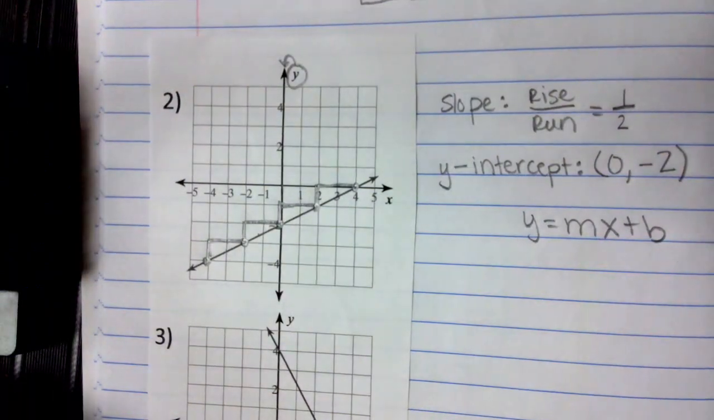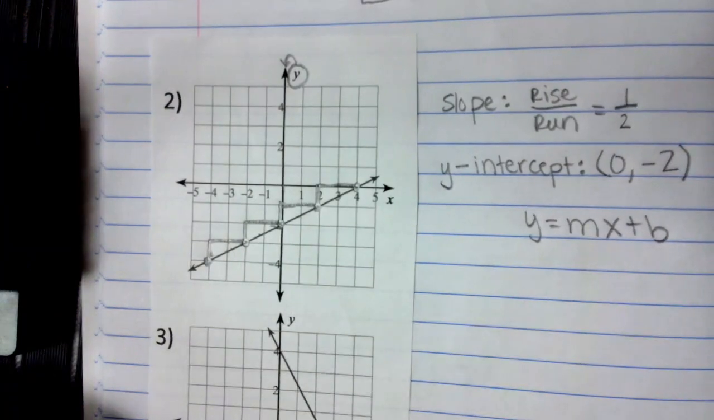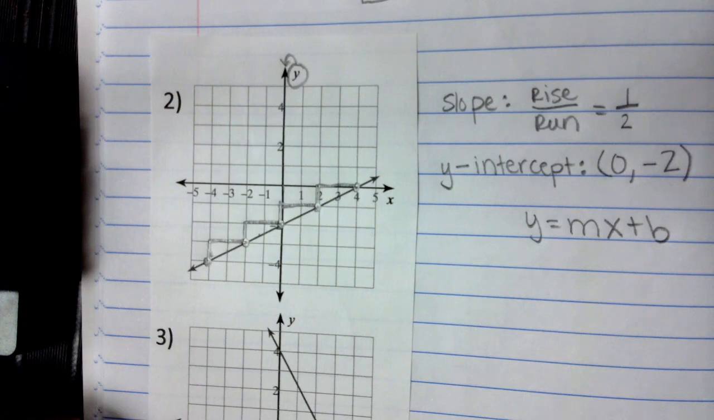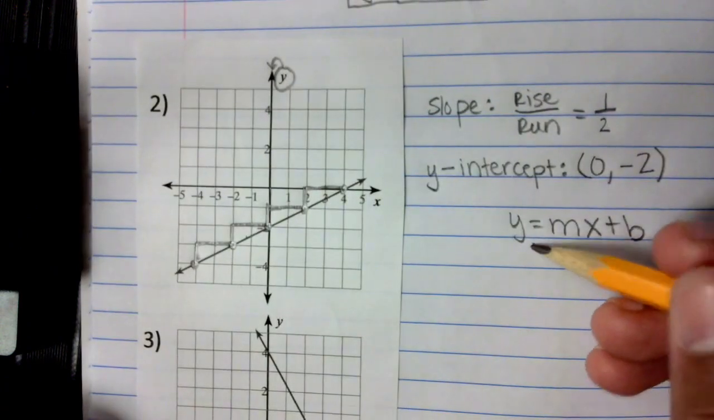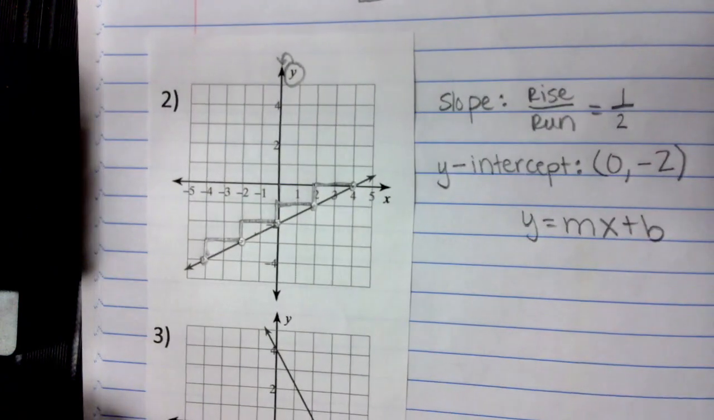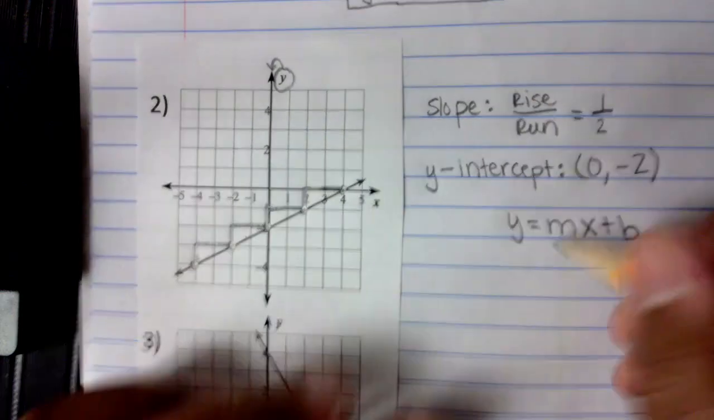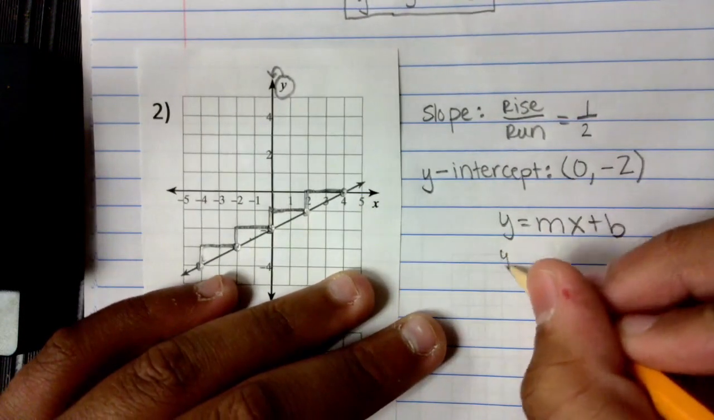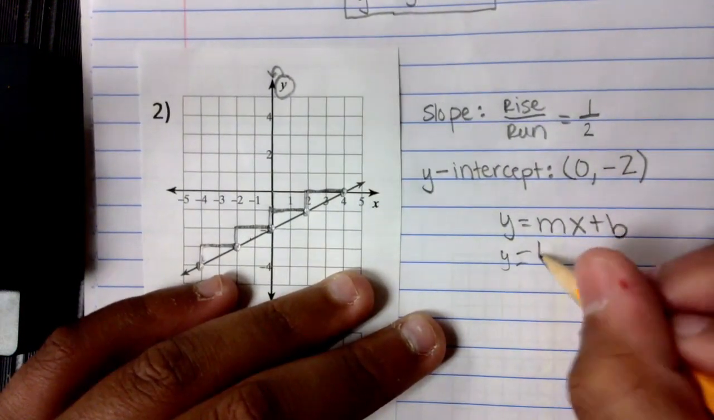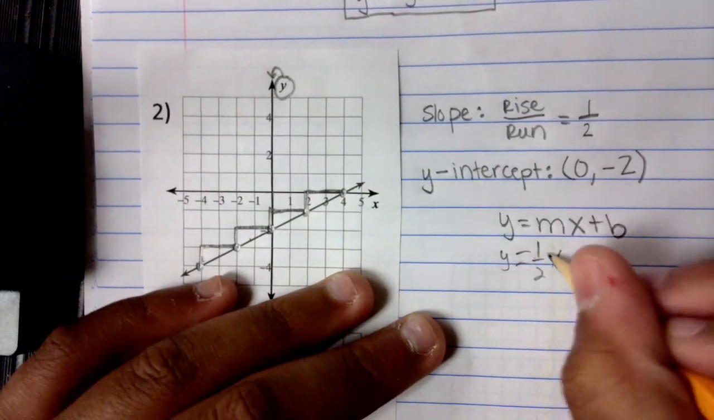y equals. It would be minus or plus? Minus. So it's negative 2. Good job, guys. Could you do a plus? Yes, you could still do a plus negative 2. You could do a plus negative 2, or since it's a negative, you can choose minus 2,